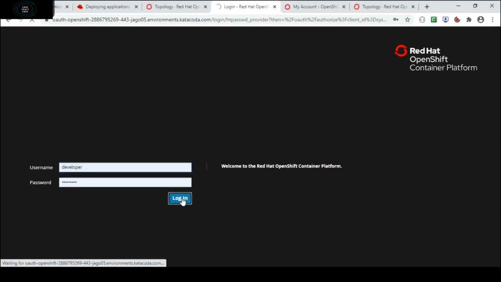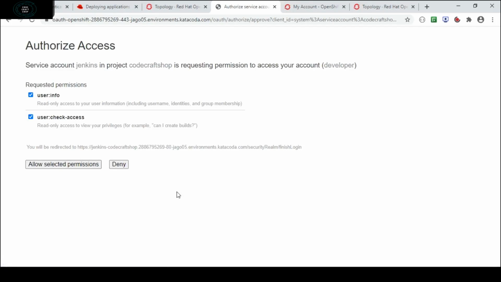Once I click on login, it will ask us to authorize this application, since we are using OAuth behind the scenes to authorize Jenkins on the OpenShift cluster. So we will select the permissions.